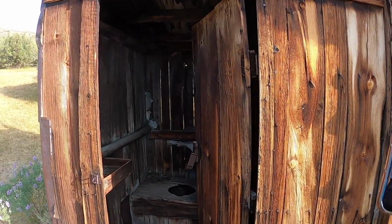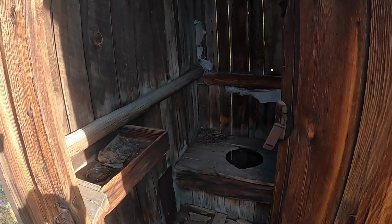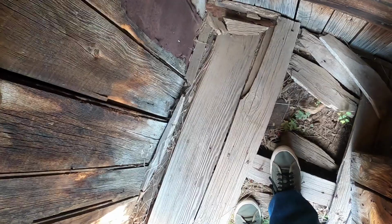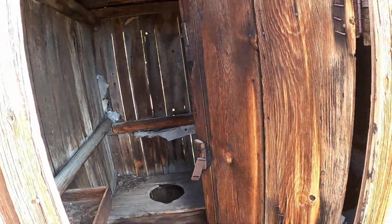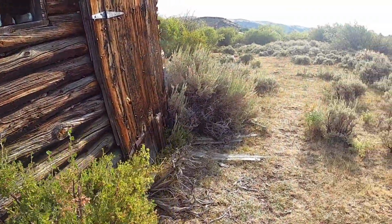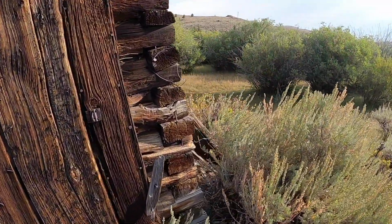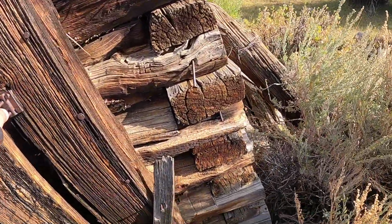Here, let's go look. We're also being super careful because if it shifted, I really don't want to go tumbling into a latrine. No, 2 holes. Looks like it's plugged up, so somebody's already been through and mined it. There's some newspaper on the wall. What's next door here? I wonder if I can carefully...